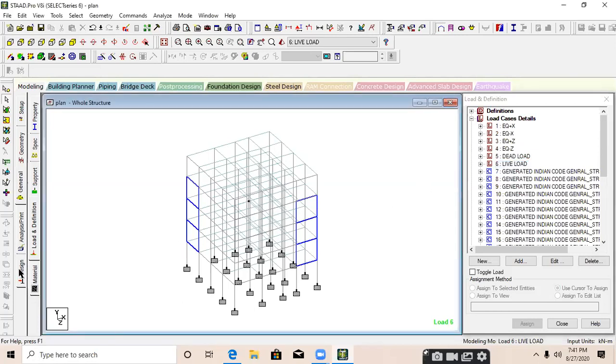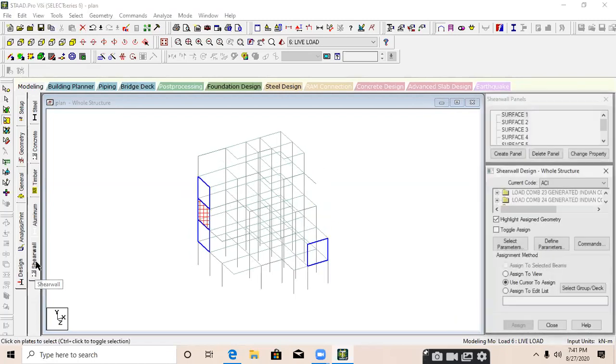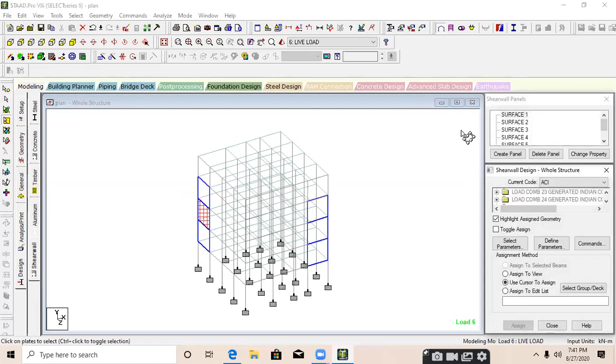Now go to Design and select Shear Wall over here. When you click on shear wall, in the data area, there are so many options. We just need to create a panel first. Select the first surface and click on Create Panel.